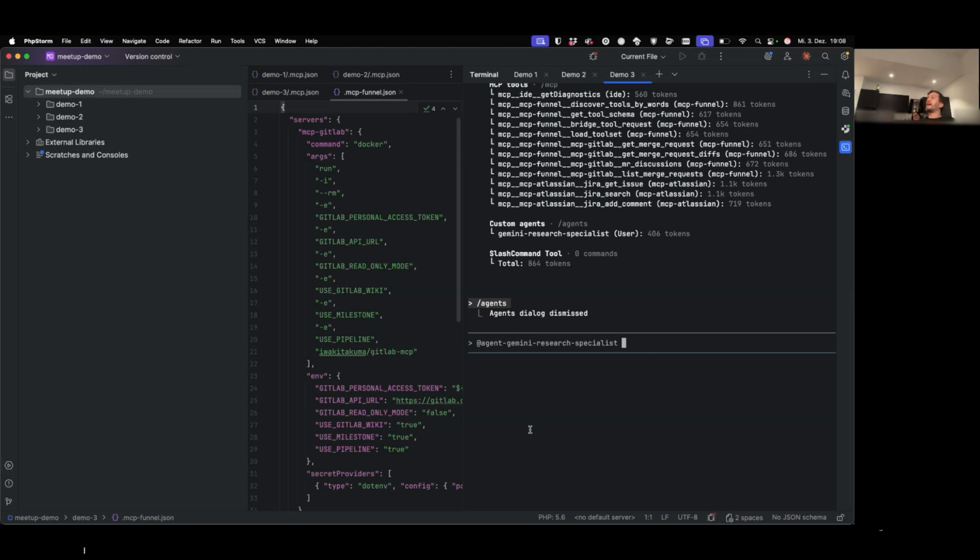This agent is using Gemini to look up things because Gemini can use Google search, which Claude Code can't. So, give me a list of the best pizza restaurants in Vienna.